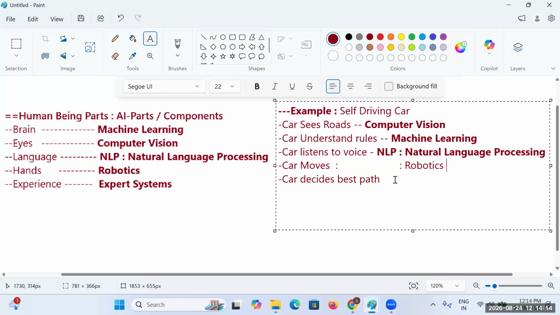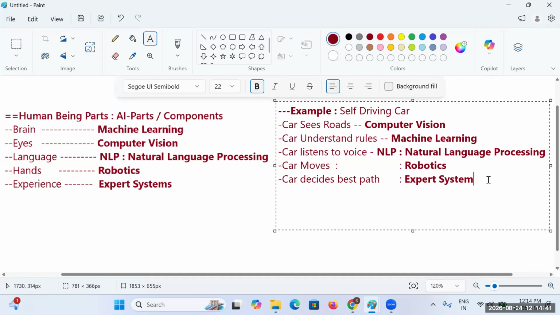Here, to move the car, I will be taking robotics. Then the car has to decide the best path, which will be taking an expert system.